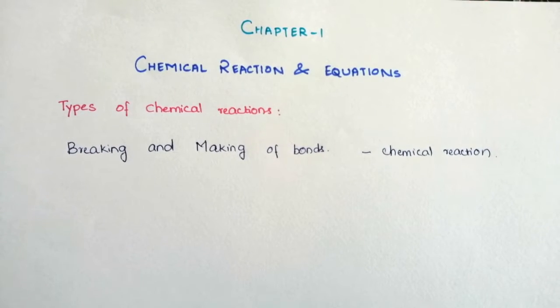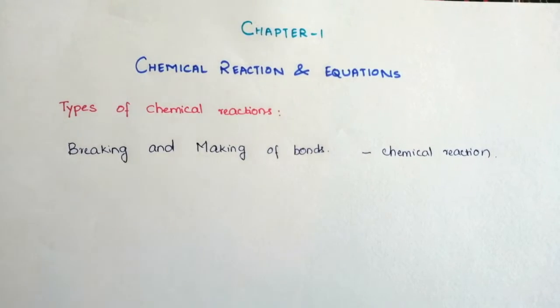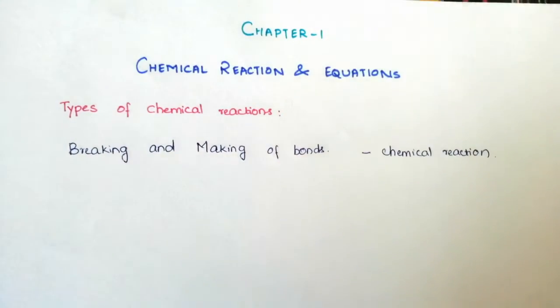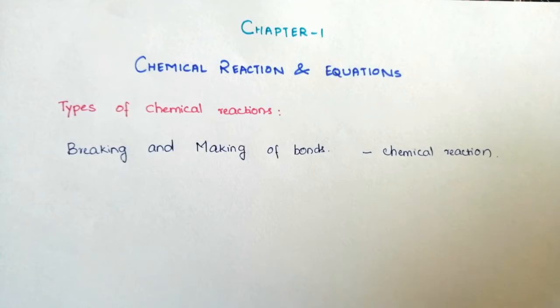Generally, in a chemical reaction, an atom of an element is not converted into an atom of another element. That is, an atom is not added to the reaction from outside, or destroyed in the mixture we are taking. The breaking and making of bonds is what happens in a chemical reaction. Due to breaking and making of bonds, we get a new type of substance as a product.